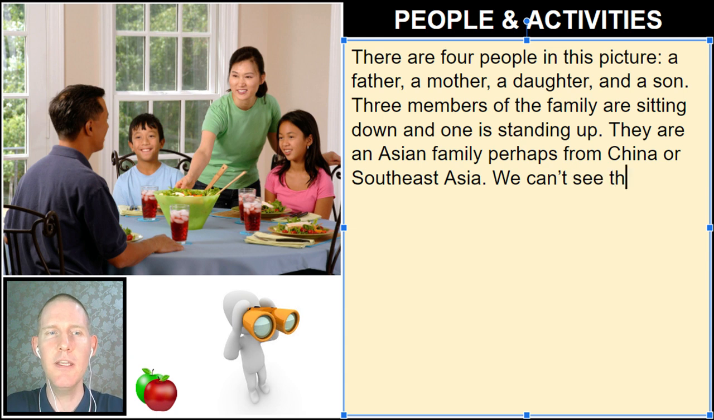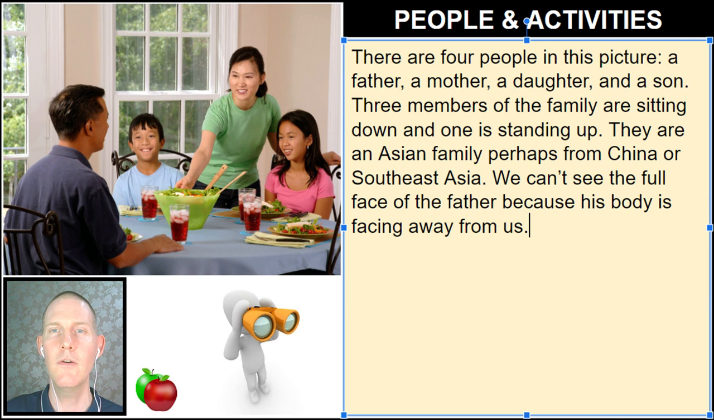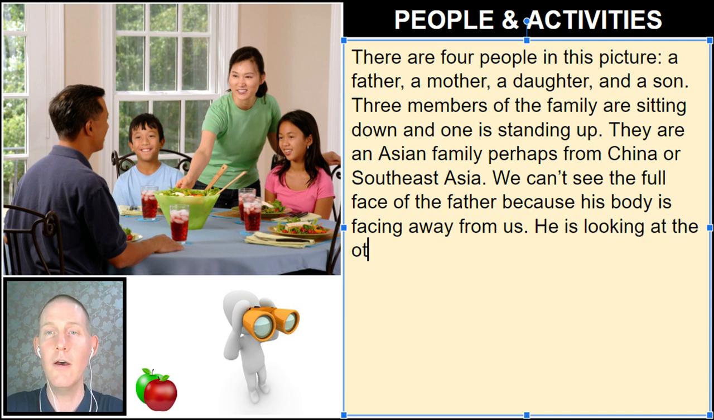We can't see the full face of the father because his body is facing away from us. All right, let's stop here for a sec. His body is facing away from us. So the father, wearing the dark blue shirt, we can only see, looks like the right side of his face because he's looking away. He's facing away from us. So his face is looking towards another direction, right? Okay, he is looking at the other members